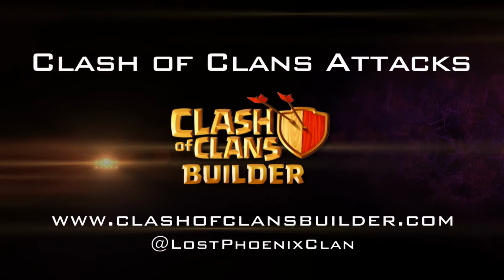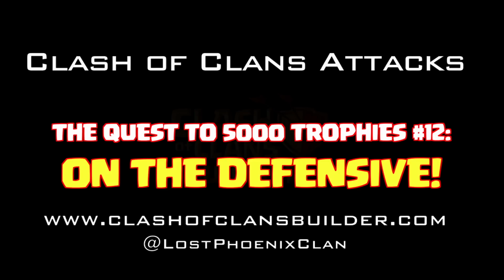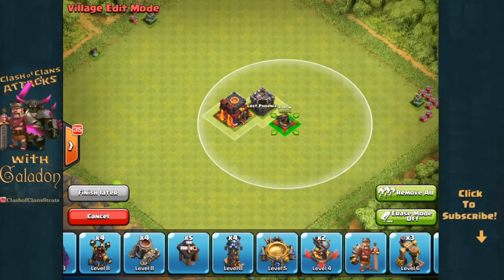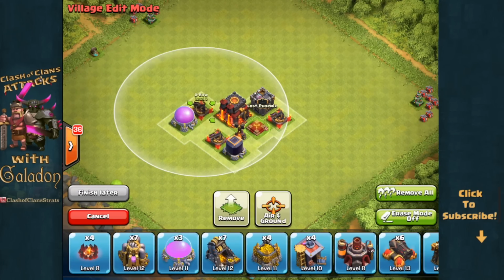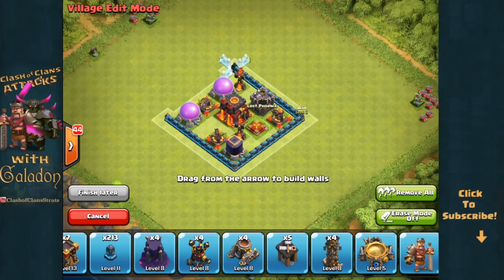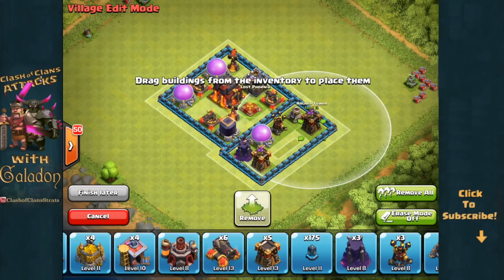Welcome fellow Clashers, and thank you for joining me on my quest towards 5,000 trophies, as today in episode number 12 we go on the defensive in the 4,300 trophy range, trying to get to 4,400. My base has not been working, the Galatrap version's not being effective at all. I'm on quite a defensive losing streak, so we're going to start out with a speed build, and this is